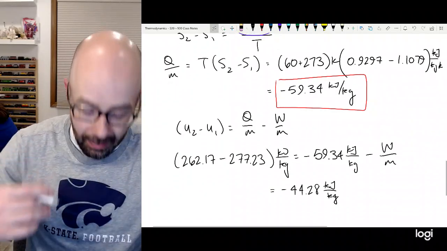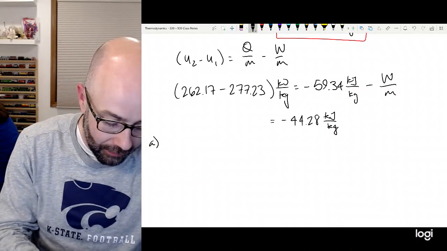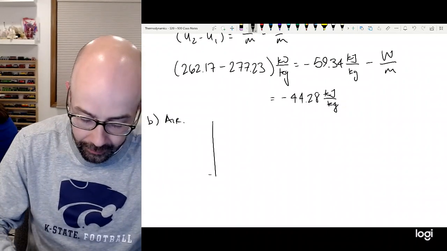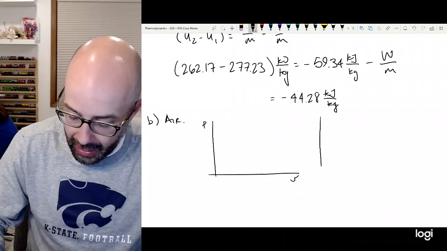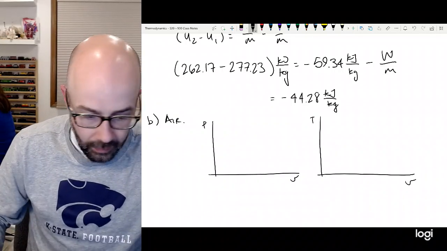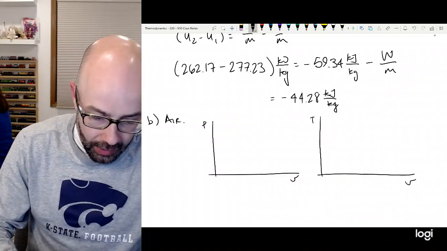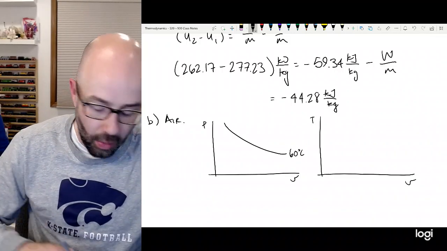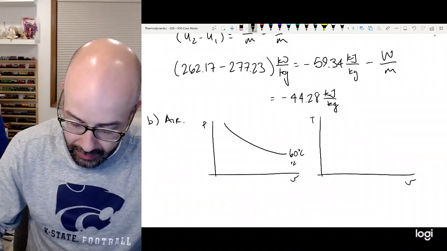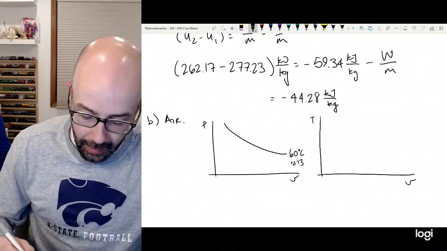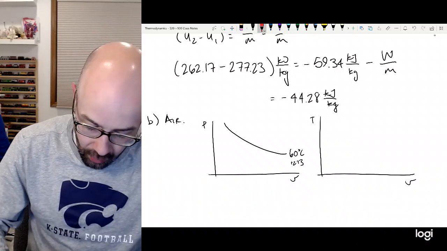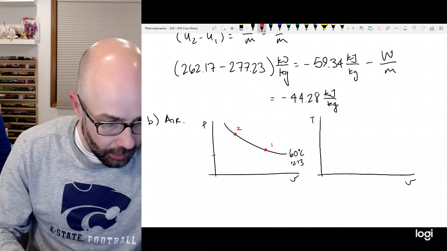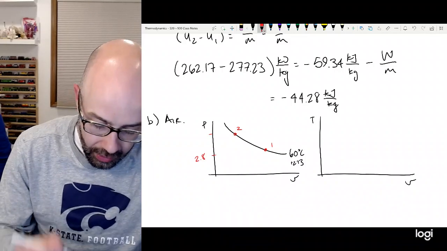Now, we're going to do the same thing if our gas, in state B, happens to be air. Now, for air, we're going to have a different PV and TV diagram. The PV diagram is going to look like this. We're going to have an isotherm here at 60 degrees Celsius, or 60 plus 273 Kelvin, and we're going to go from state 1 to state 2. We're going from a pressure of 2.8 up to a pressure of